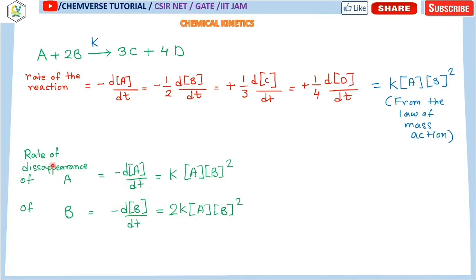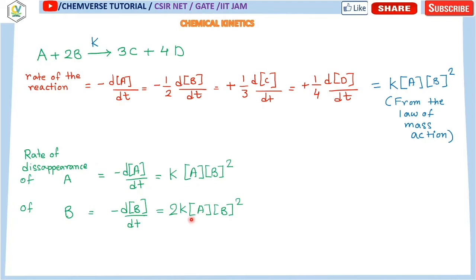Now remember over here, whenever you are just projecting some reactant or product specifically and just trying to discuss the rate of disappearance of that reactant or rate of appearance of that product, in that case only you will not consider the stoichiometry. Over here look at this, there are 2 moles of B, but I have already written only minus dB dt. There is no mention of the stoichiometry over here. Now this is nothing but the rate of the disappearance of B.